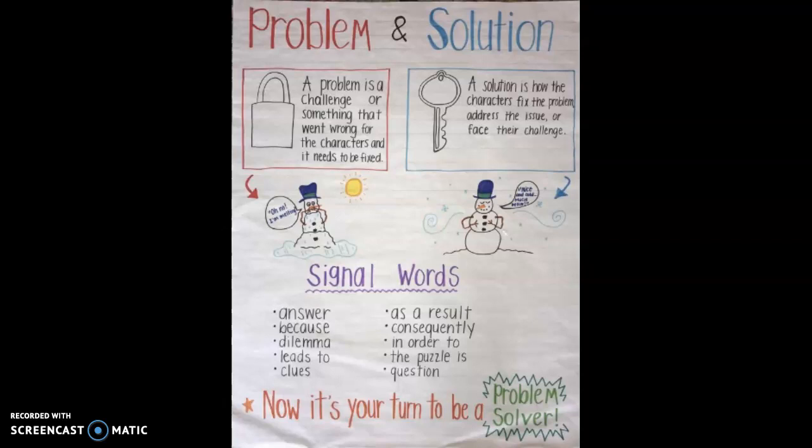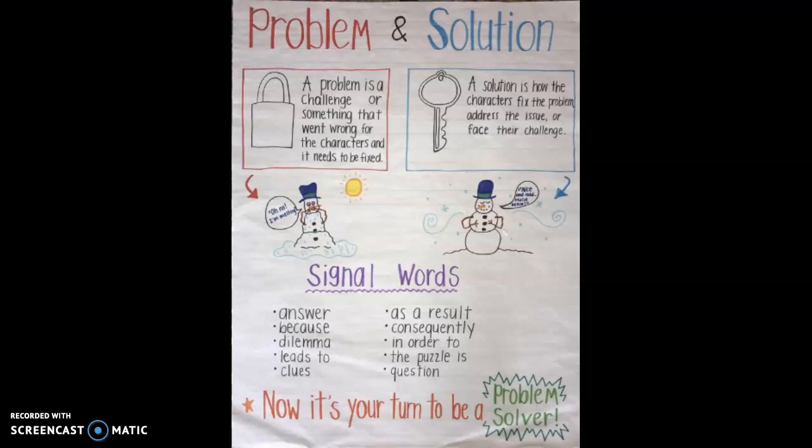Today we are going to talk about problem and solution. This is the final text structure that we will talk about. We have mentioned 5 different text structures. So a problem and solution, a problem is a challenge or something that went wrong for the characters and it